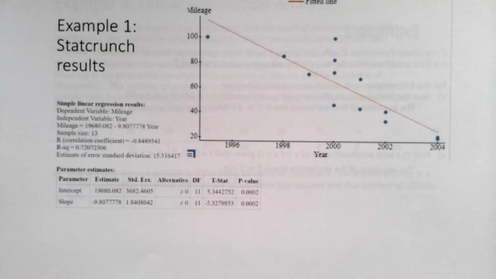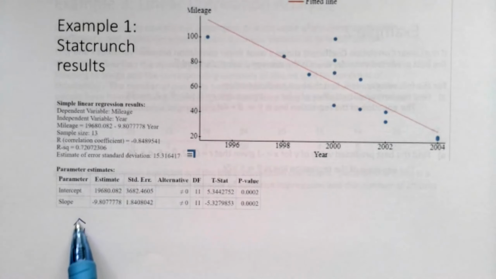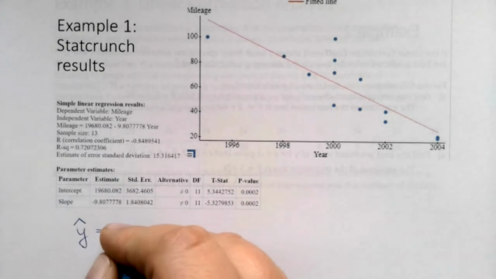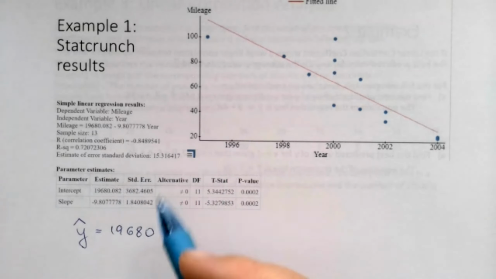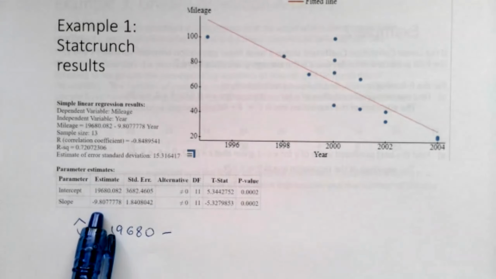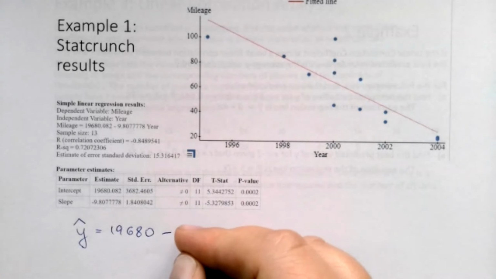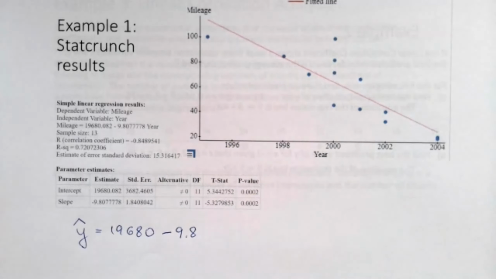All right, so notice that when we are writing our regression line, we use Y with a hat here. That represents our model, okay? Our intercept was 19,680, and I'm going to round to the nearest whole number. Minus, the slope is negative. We have a negative correlation here. The slope is negative 9.8. I'm going to use a tenth here. And then